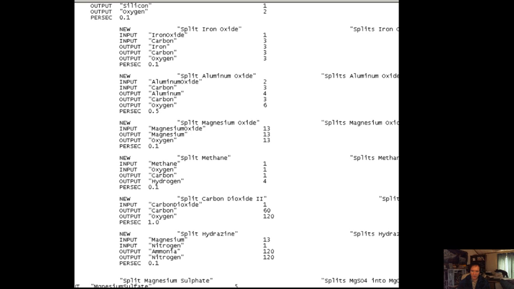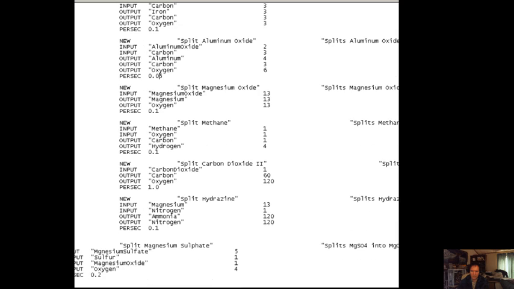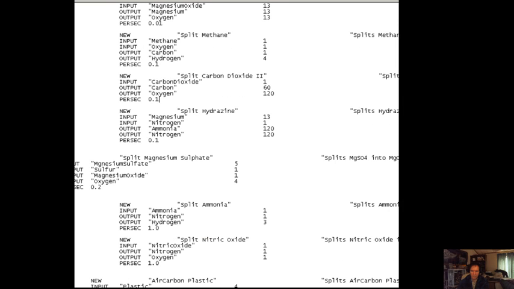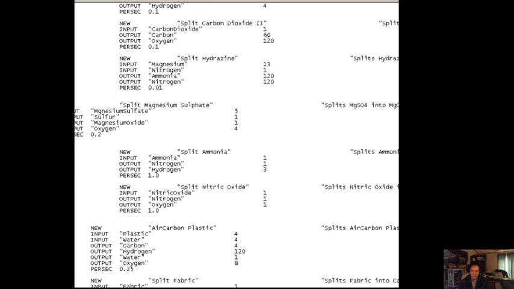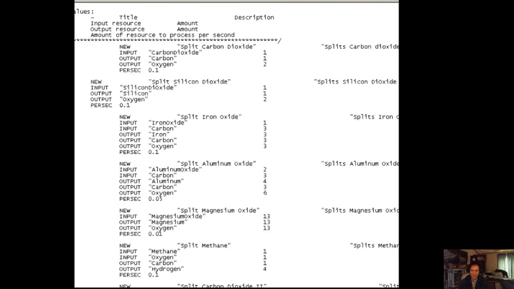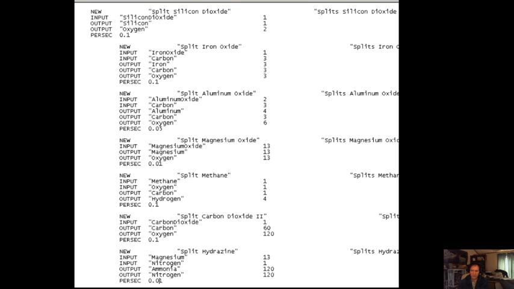So this should be 0.05. And this should be 0.01. See, I'm basing it on the amount of input product. So that's 0.05.